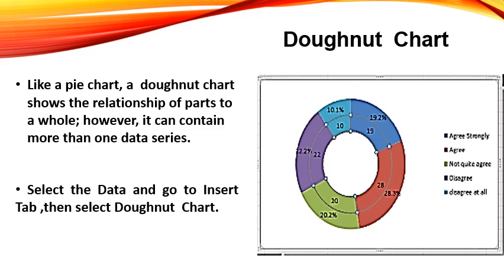Each data series adds a ring to the chart, and the chart is represented in the form of concentric circles. It is best suited for showing the proportional nature of data. A donut chart represents data values as percentages of the whole, while categories are represented by slices of the same color.